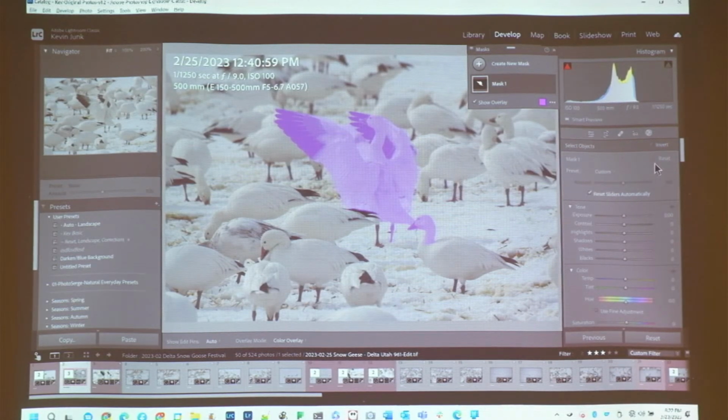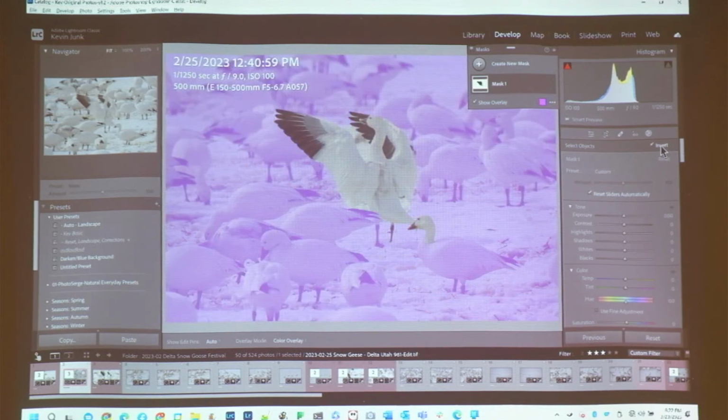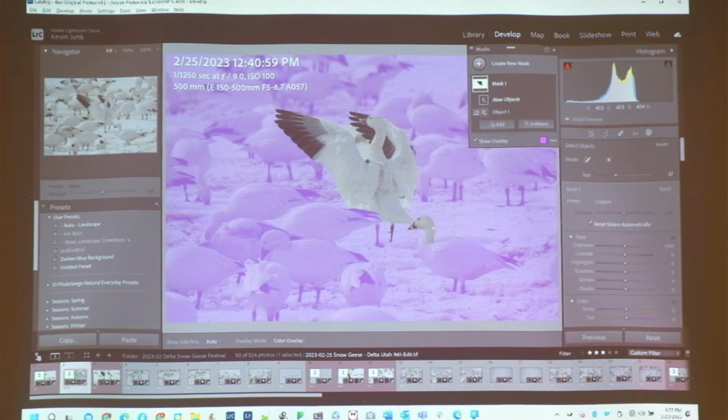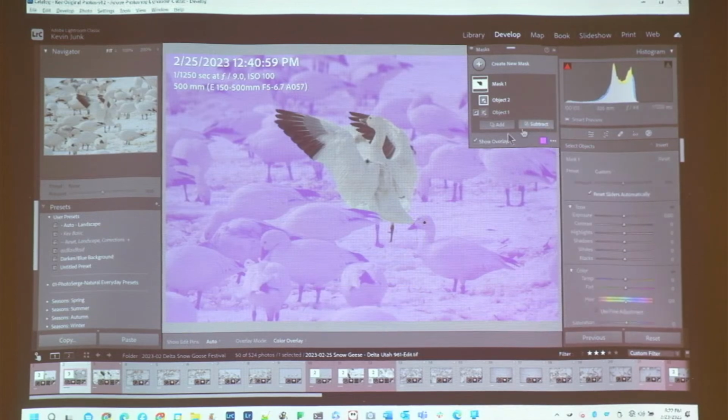Now, I will invert. So you got the head of the other. I did, so I can remove it. So subtract this. Actually, I want to add because my pink is now. And I'm going to do an object. There he goes. And if I wanted to, I could remove this. But watch. So I did an invert. So I selected my object. And now I want to